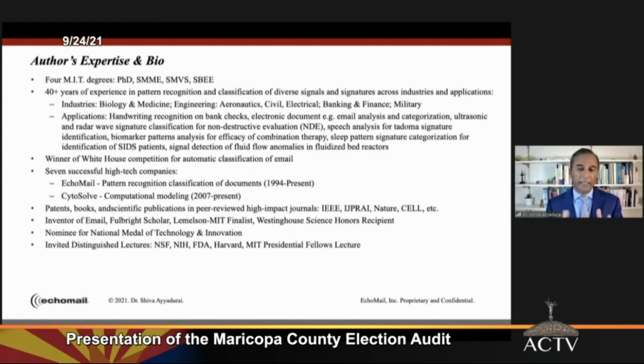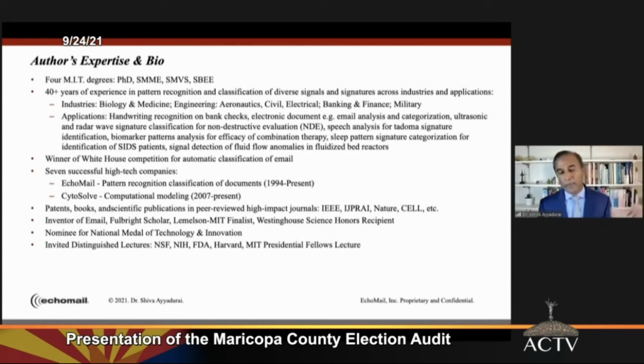This is 1993 when email was becoming a consumer application, prior to when it was a business application of the email that I created back in 1978. In 1993 was when email actually became a consumer application. The Clinton White House was getting tons of email. They wanted to automatically analyze it. I ended up winning that, left MIT, took a 10-year hiatus, and built EchoMail for pattern analysis and recognition of